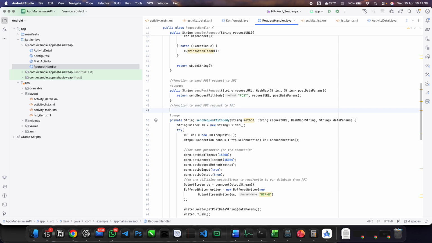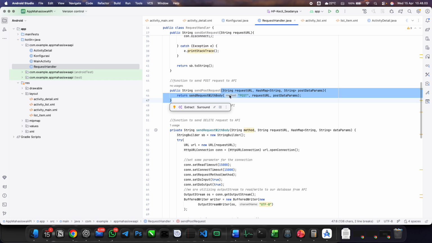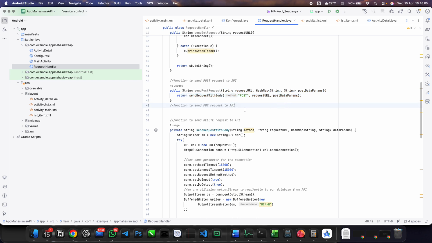If you are feeling lazy, you can copy paste, and also a function to send delete request to API. If you are feeling lazy, you just copy paste the code from here to here. Yes, you just copy this one.